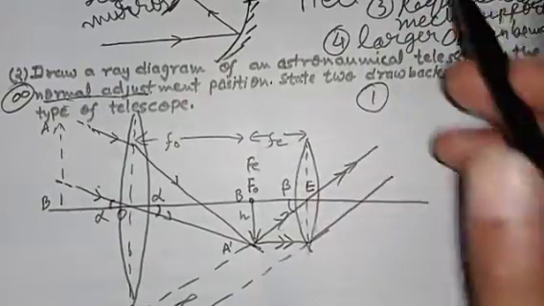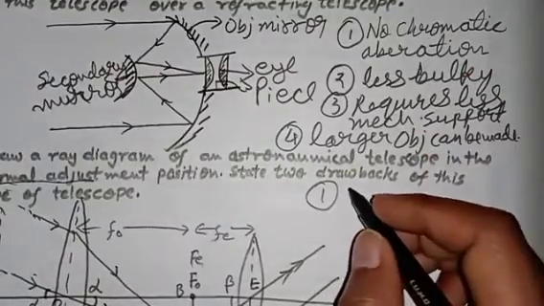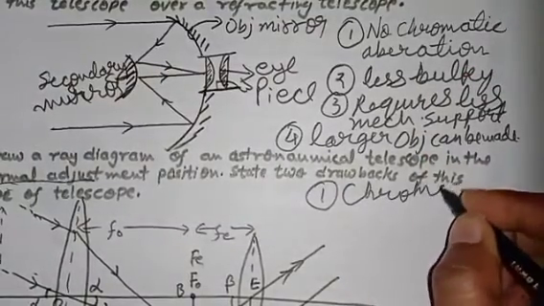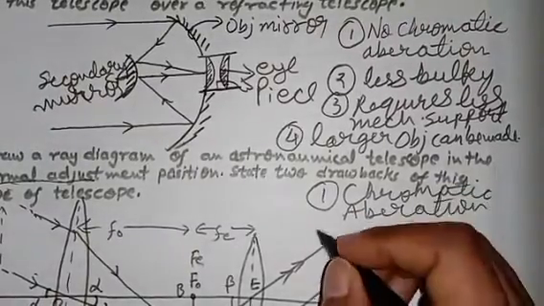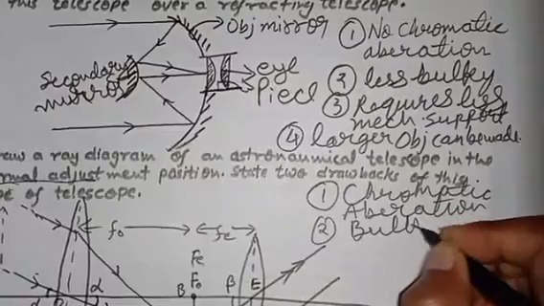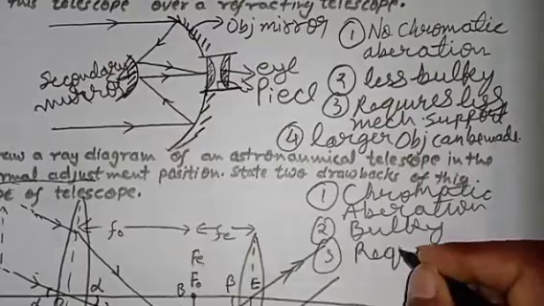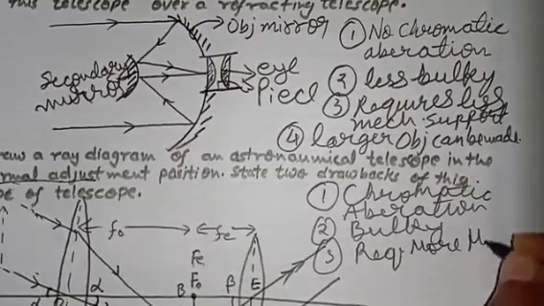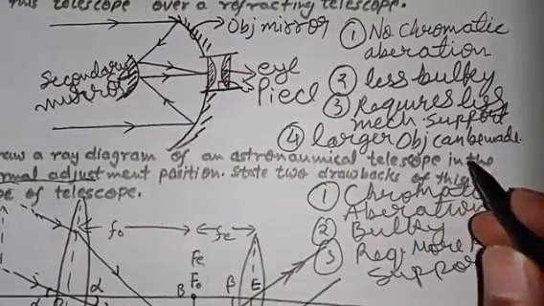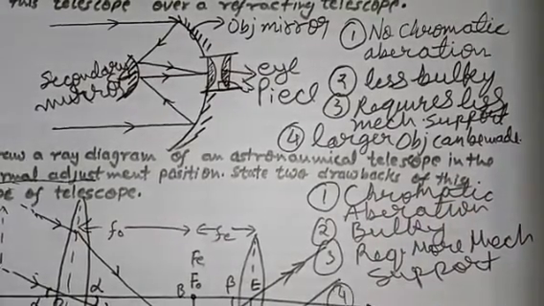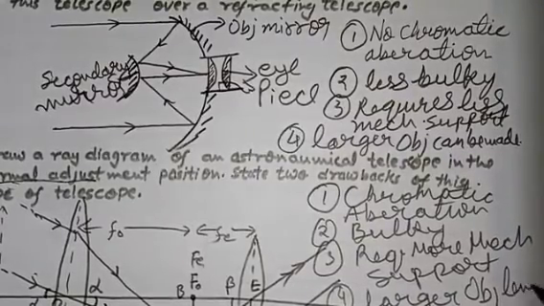One, just opposite to that. So no chromatic aberration here, chromatic aberration. Less bulky, bulky. Requires less mechanical support, requires more mechanical support. Larger objective can be made. Larger objective lens is required,